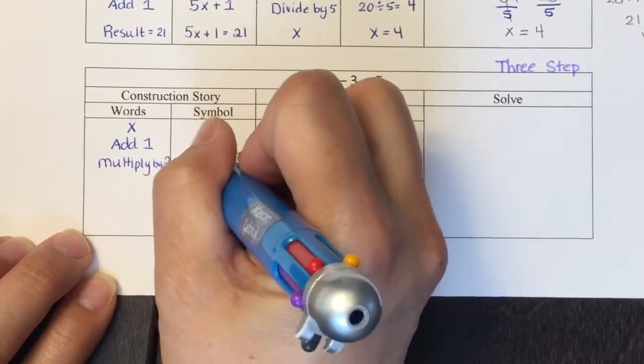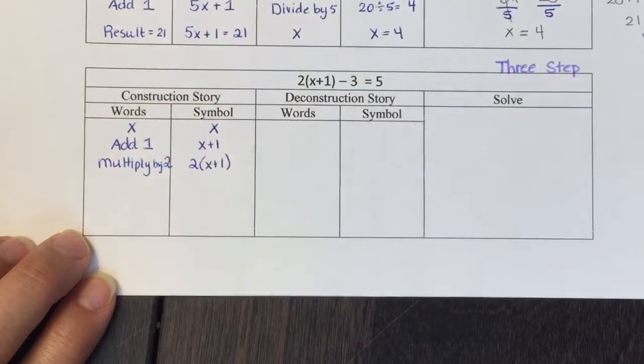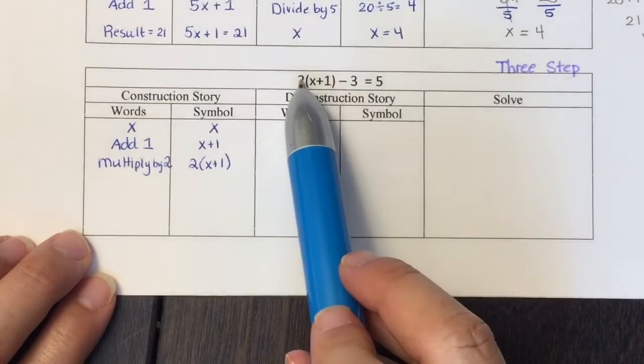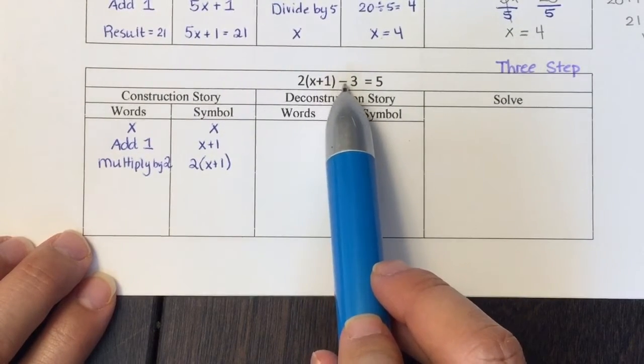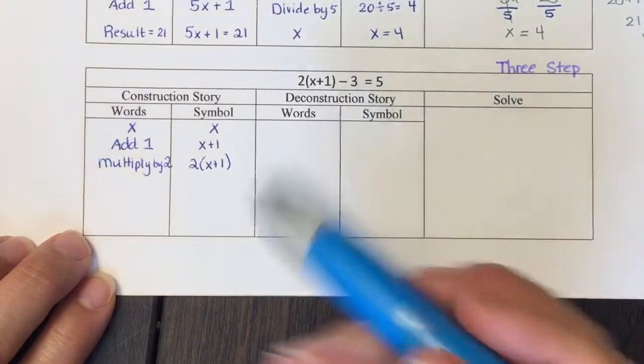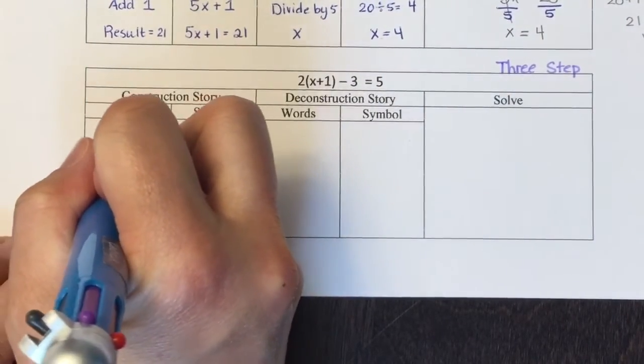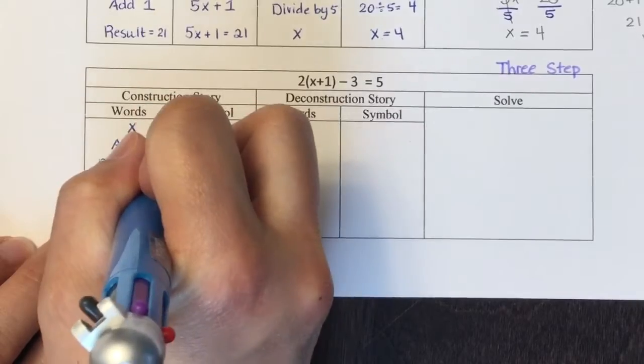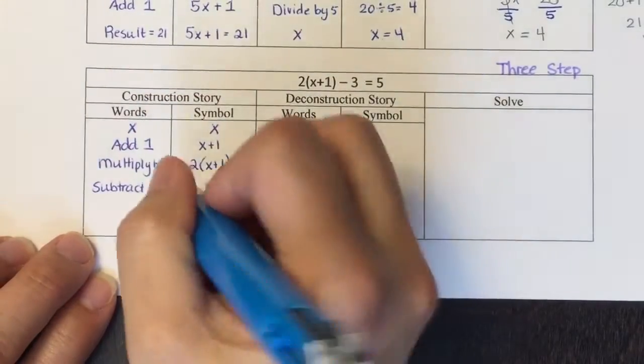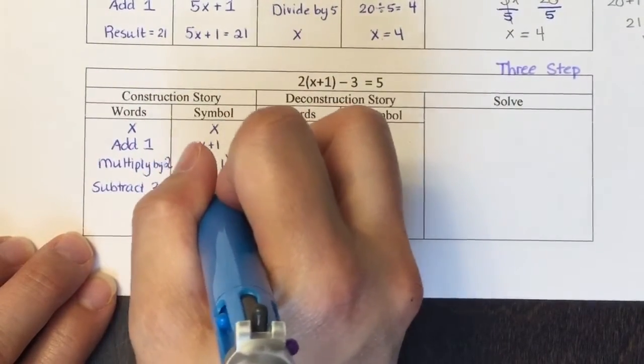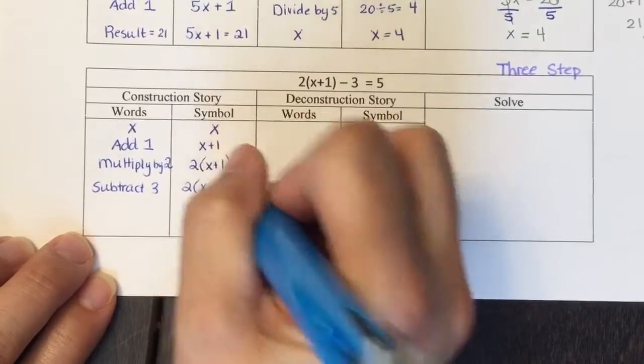Okay, so that looks like that. Okay, so now we've taken care of this part, and then what's the last thing that's happening here? We're subtracting 3. Subtract 3, so that looks like 2x plus 1 minus 3,